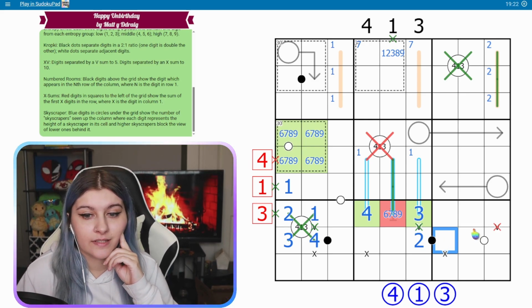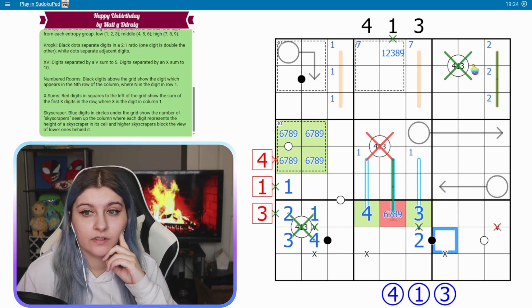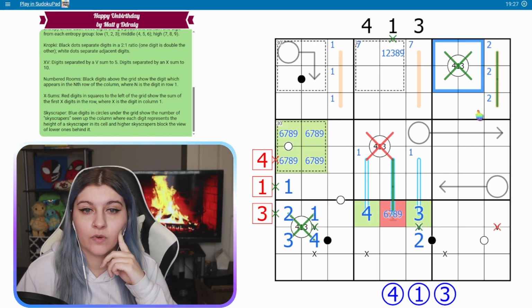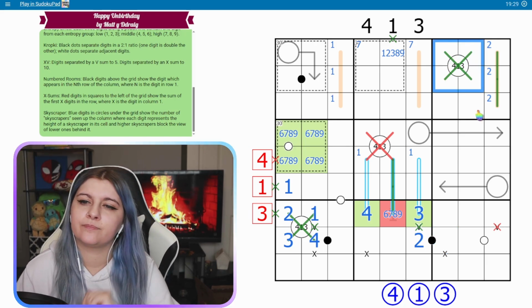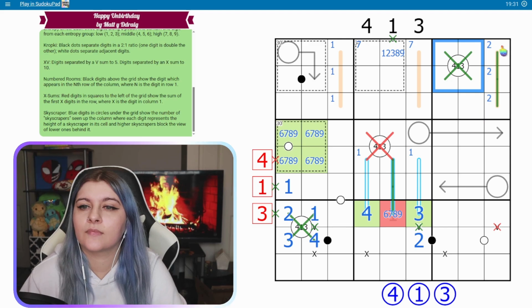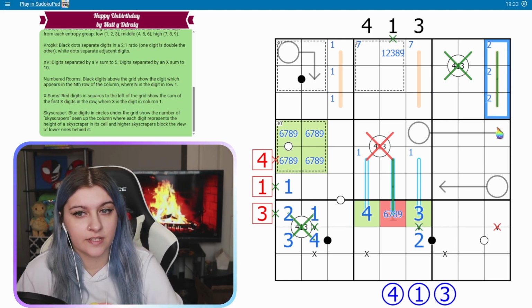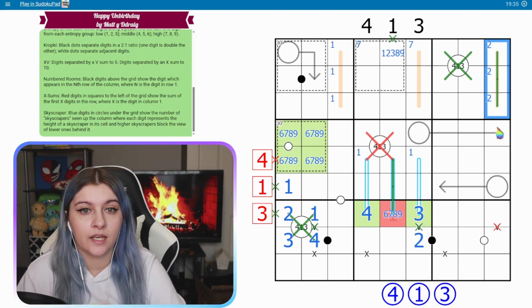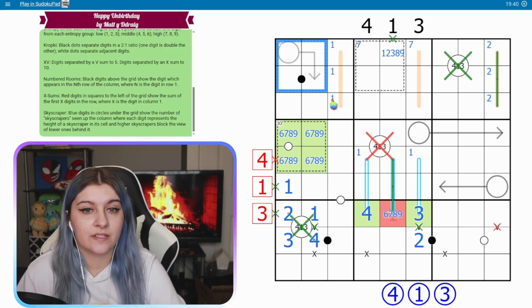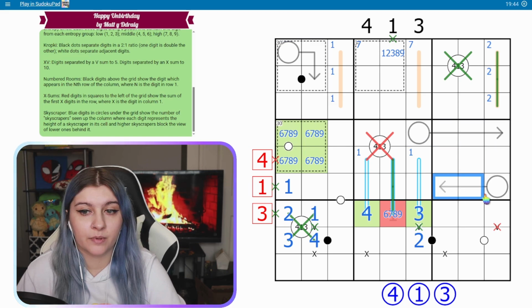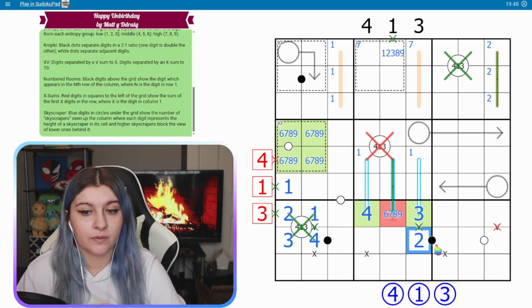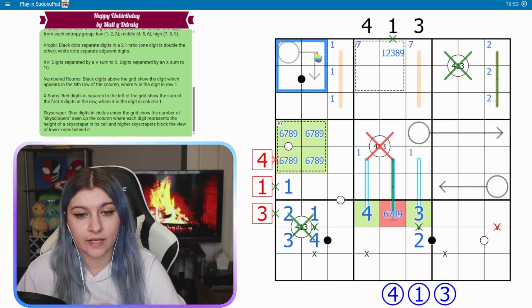All right, what else do we have? I could think about putting a 1, 3, and 4 in here. I know for sure this has to be true. That's interesting, but I don't know what to do with it yet. Does something break now if this cage is true? The arrow would be wrong, which would mean that both of these would have to be right. This Kropke would be wrong, which would mean both of these have to be right. If this cage is correct,